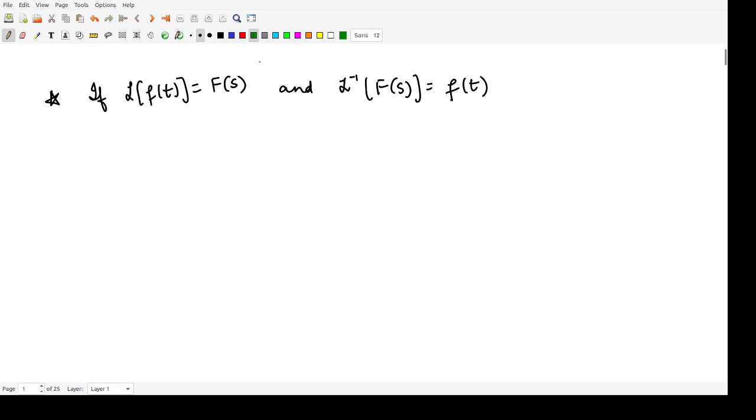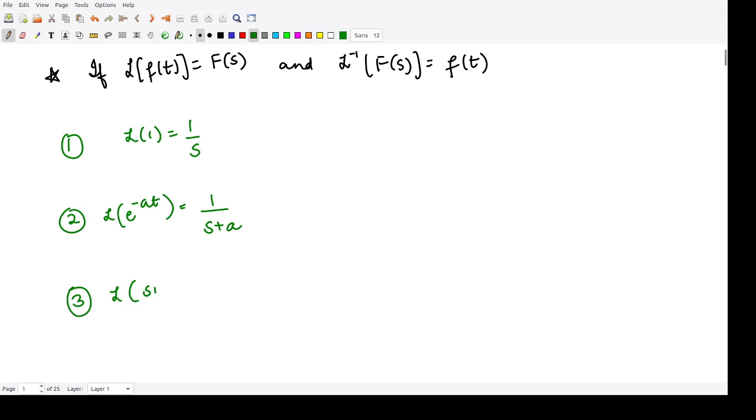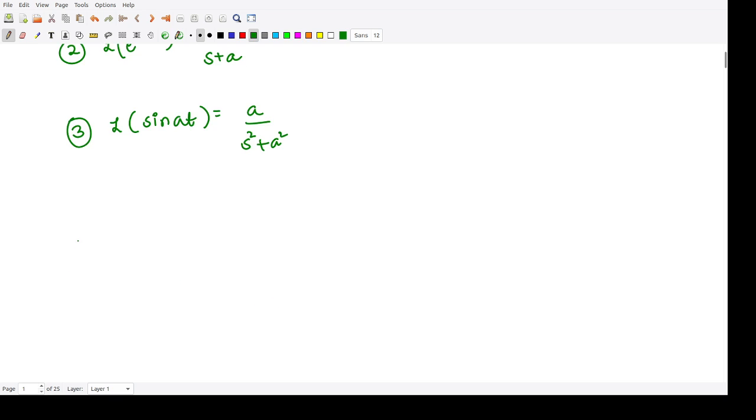know various formulas for Laplace transform. The first formula was Laplace transform of 1, that was equal to 1 upon s. The Laplace transform of e to the power minus at, that was equal to 1 upon s plus a. The Laplace transform of sin at, that was a divided by s square plus a square. Then we had the Laplace transform of cos at, that is equal to s divided by s square plus a